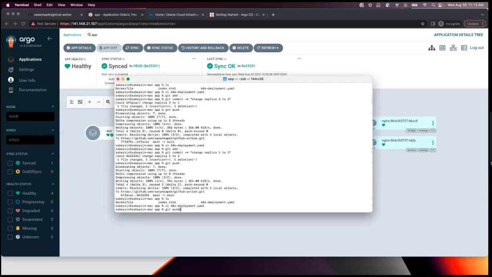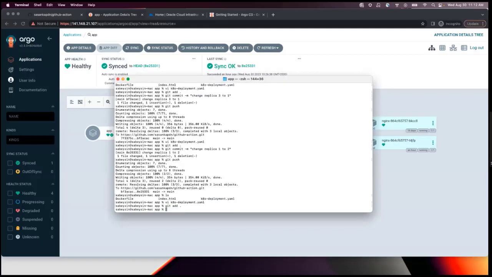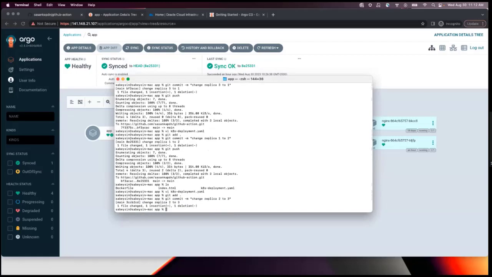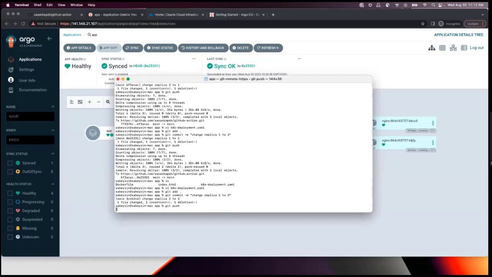I'm going to add it and commit it with 3 replica sets, and push my code into the Git repository.